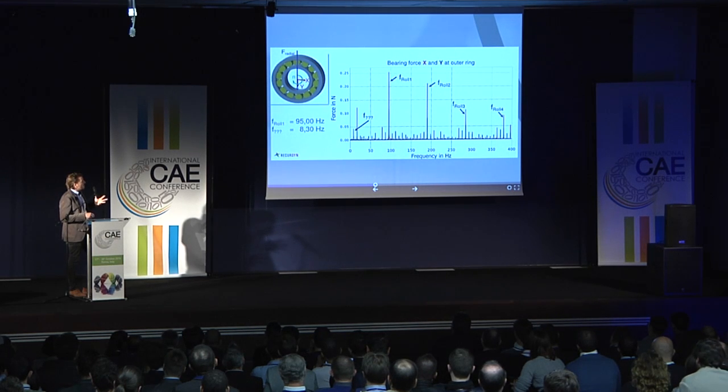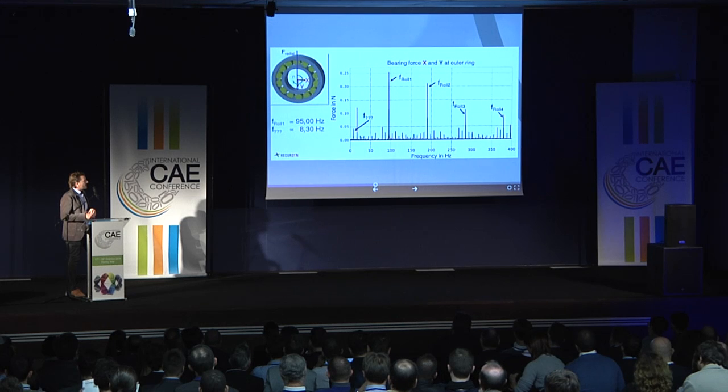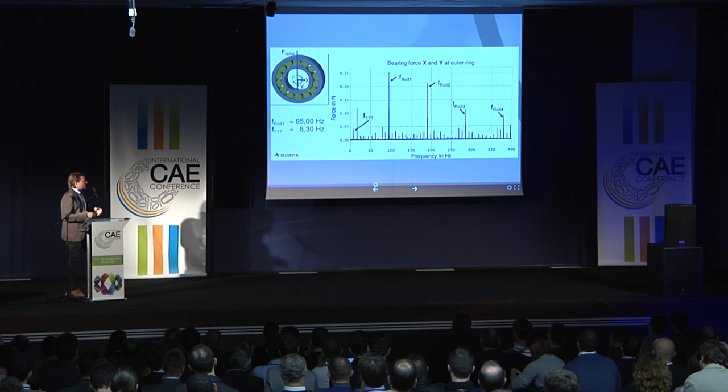And because it's an impulse sequence, the multiples of it are occurring as well. So the multiples of it means 95 times 2, times 3, times 4. So this is normal behavior. But we found this, I call it funny frequency, because there is actually no mechanical reason for this frequency. So I was like, okay, where is this frequency coming from? There should be a reason. Is it a numerical problem or what happens here?